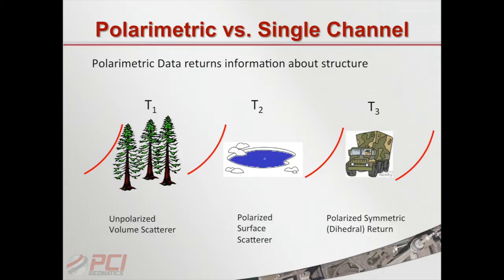And number two, there's a little bit of energy that comes back, but the little bit that does come back is all in phase, so it's highly polarized, so I know it's something like a smooth surface like water, and I can do some deductions and determine that it's a surface scatterer. And in the third instance, I get a highly polarized return, and I know that it's out of phase, so it's a dihedral kind of scattering effect. So basically the same three targets, but you can draw a lot more conclusions, you can infer